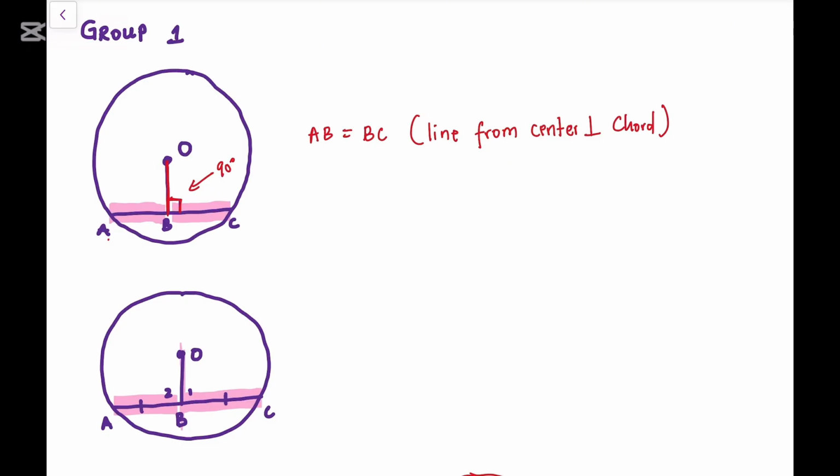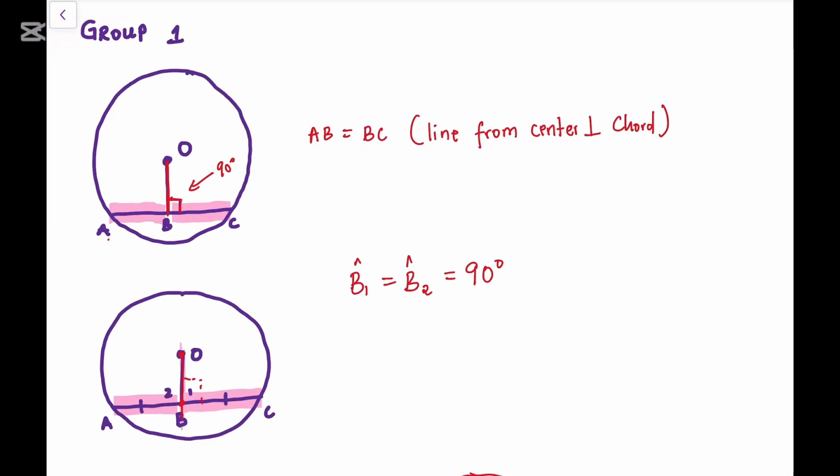So from this diagram here, you can conclude and say, oh, since this line is coming from the center, and it is through the midpoint, B is the midpoint, right? You can conclude and say, therefore, angle B1 is equal to angle B2. They are equal to what? They are equal to 90 degrees. Because if the line is from center and is going through the midpoint, it will make an angle that is